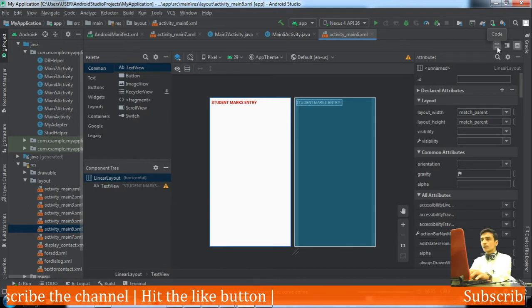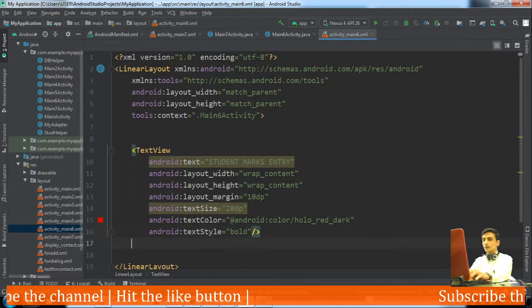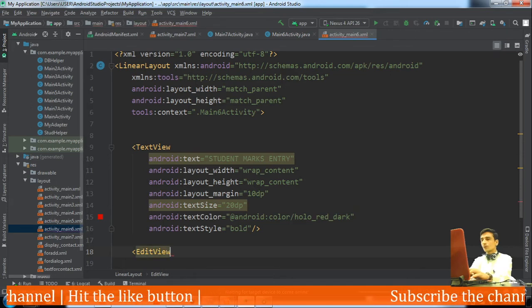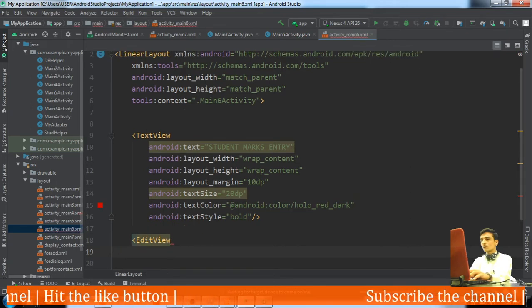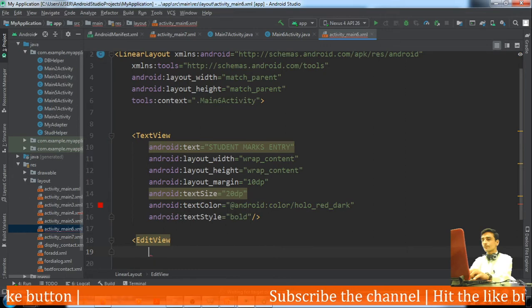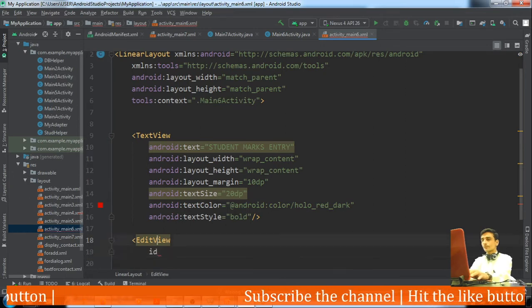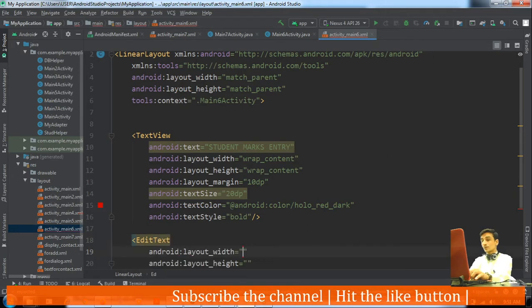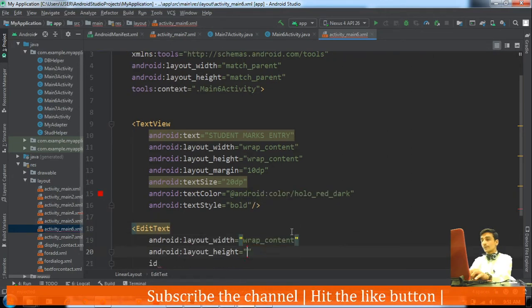It's okay. Now I would place one edit view for name. It is an edit text, wrap content.